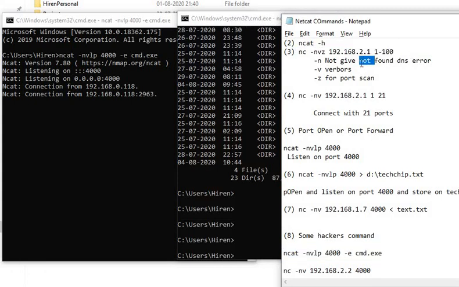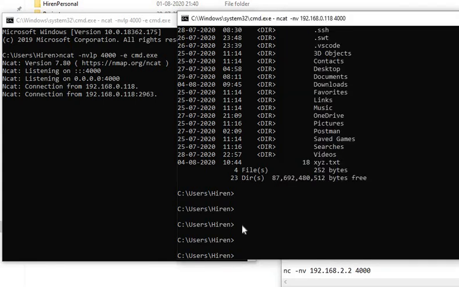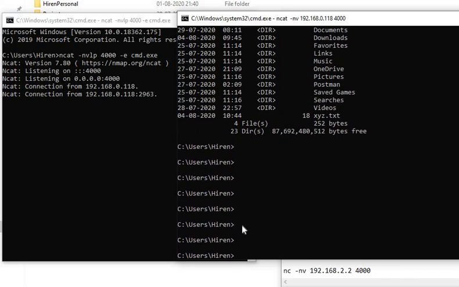I will be attaching all these commands in a PPT. This is for connecting with nc -nv, for connecting to a specific port on a specific machine. This is the ncat command for opening a particular port. This is a command to store the data into a particular file. Now this is a command to get the data. And this is the command to run the cmd file on the remote machine. This is a very dangerous tool, a dangerous command. We have seen that the hacker will have access to the system.